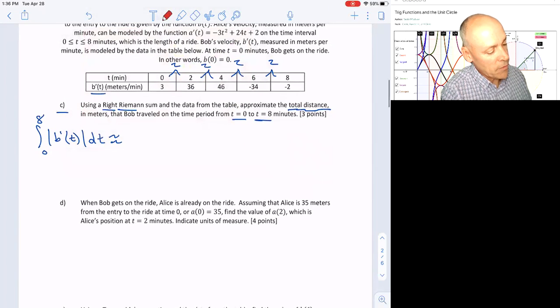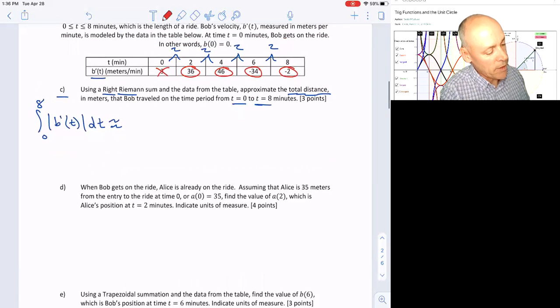So for each interval here, I want to circle the right one, and I'm going to ignore that. So then I'm just going to pull this in. My right Riemann sum, since my delta t is all the same, what I can do is factor that out. Put that 2, and then times 46 plus